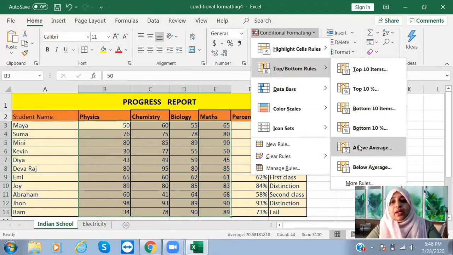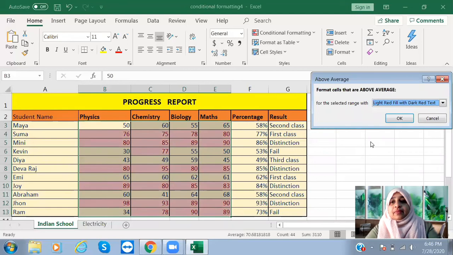I need to highlight the cells which are above average. This scenario allows you to conditionally format a cell whose value is above average. Click here, and click OK.